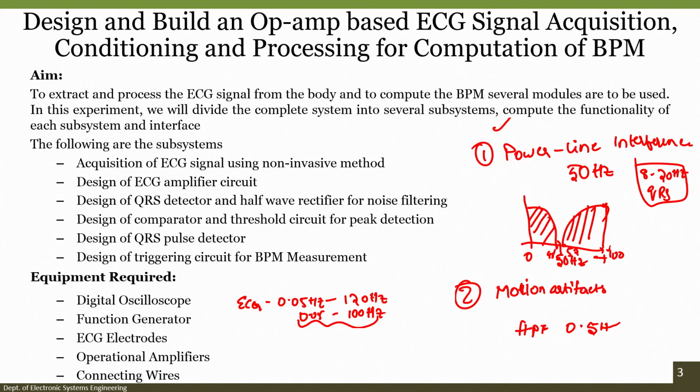But if I want to design such a filter with proper filtering at the proper cutoff frequency, we require a higher roll off factor. To get a higher roll off factor, first order filters cannot be used. We have to go with second order or third order filters, and we already saw that the higher the order of the filter, the more op amps and components, the more complex the system, and the cost will also be higher.